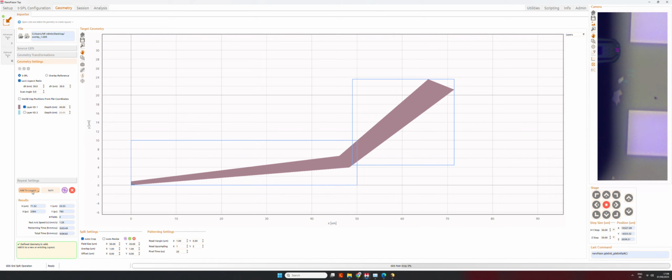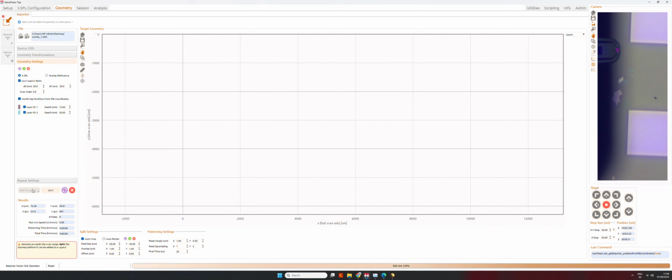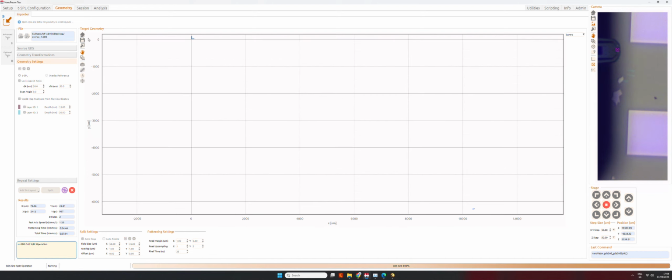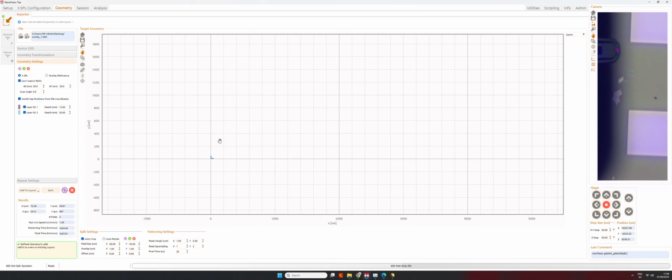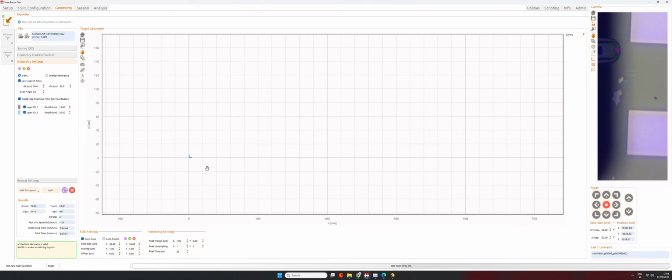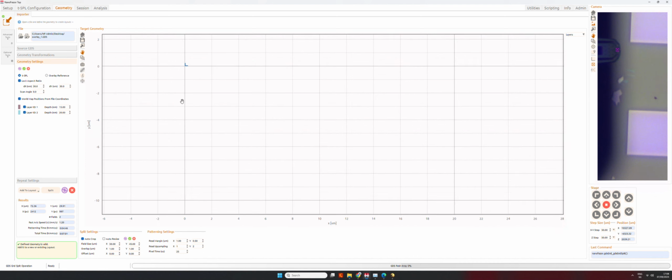Once we're happy with our splitting, we can import our layout. Actually, I forgot an important thing. Since we're using the same coordinate system in KLayout as the one that we're using in the warm-up of the NanoFrazor, we have to check this warm-up position from file coordinates, so that this will place the design exactly.